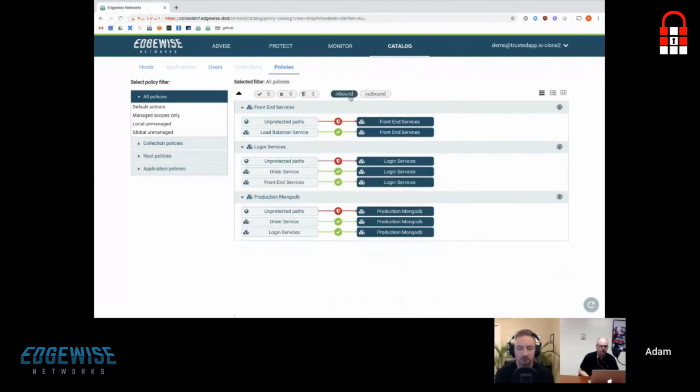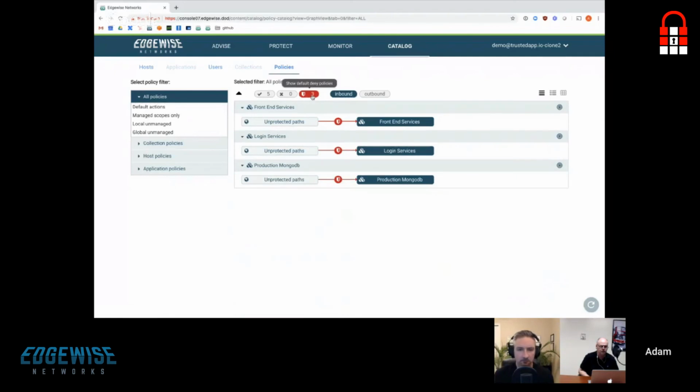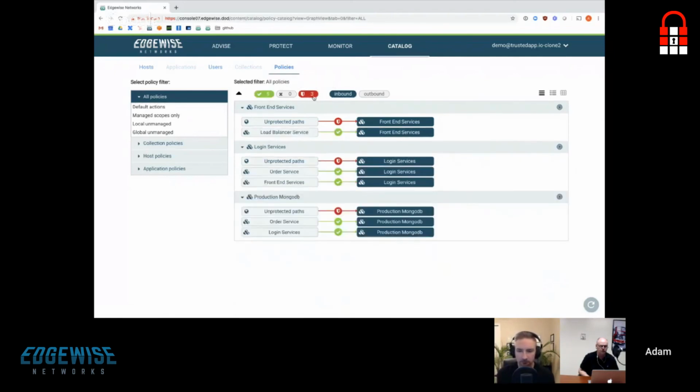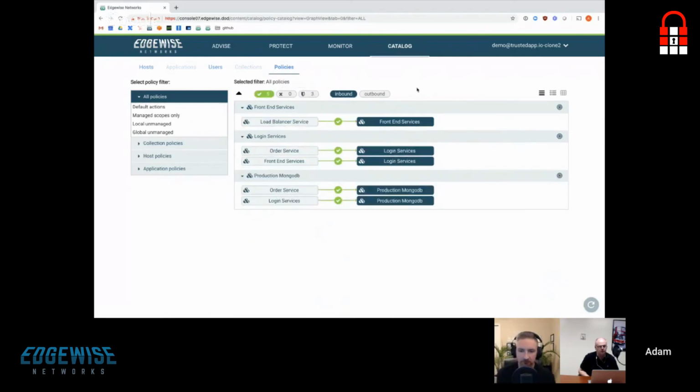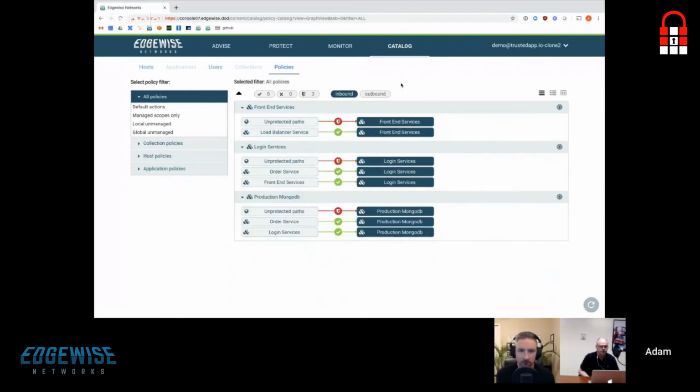So I can see what's on the inbound side, and there's those policies that we looked at. I can filter to look at just my default denies. I can filter to look at my allows. And so this shows me what is currently active in the environment, what policies are actively in place, which can be very helpful for any type of auditor event or any type of proof that you need to show that, hey, how are you protecting this environment? Here's exactly how. And the monitor section then is the result of that.